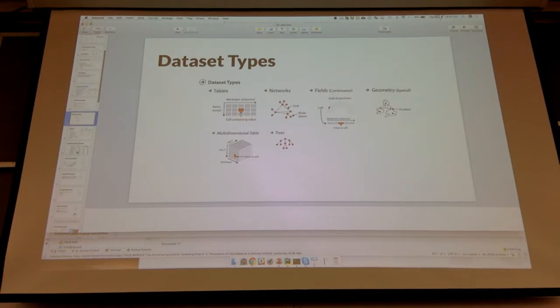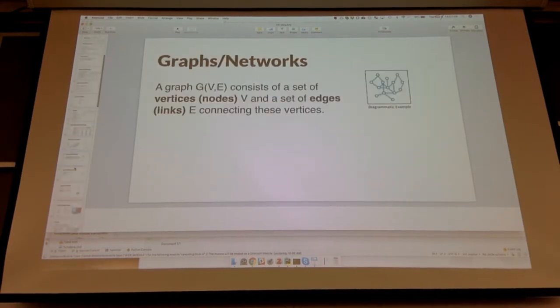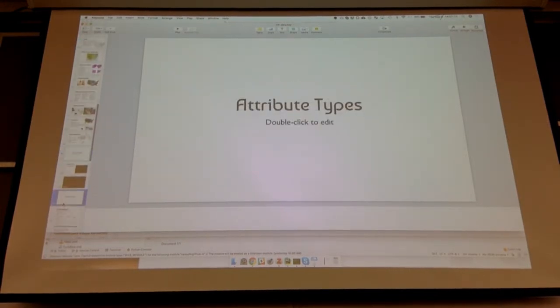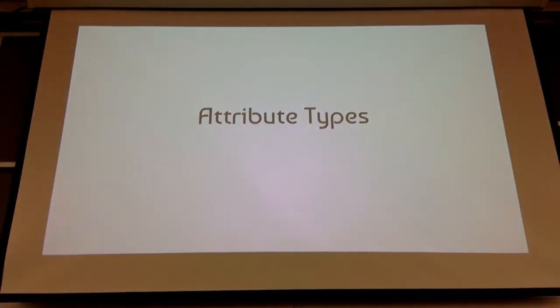Skip over this. We talked about these different dataset types. I'm going to skip over this. And then I think this is where we stopped. So we were talking about attribute types. And now,